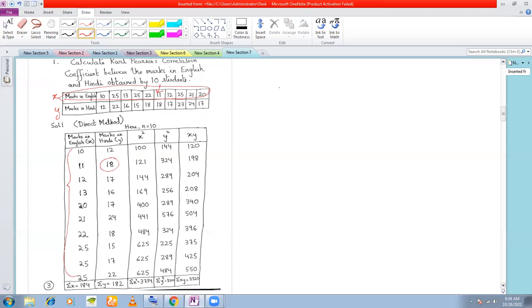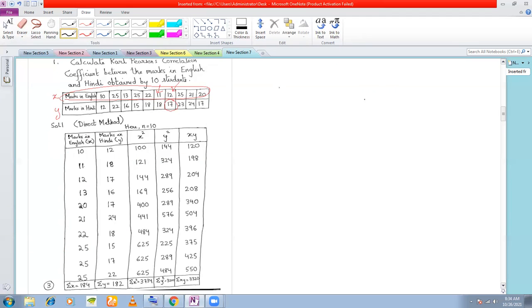18. Then after 11 comes 12. And what is the corresponding value? 17. So that is what I have written. So basically, I'm arranging only X in ascending order, and for Y I am writing all the corresponding values. Okay. So once I have made the columns for X and Y,